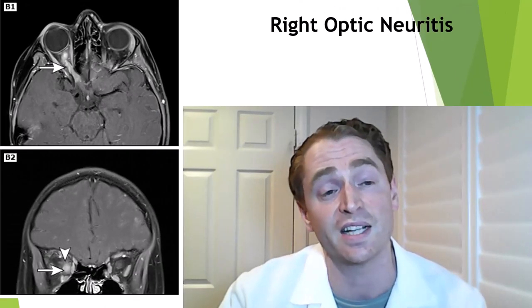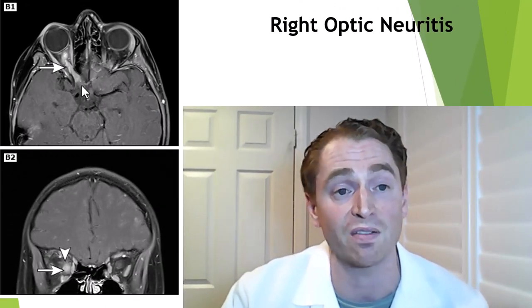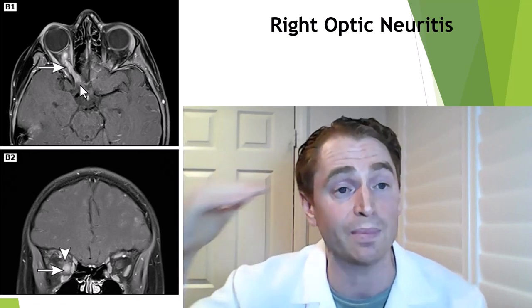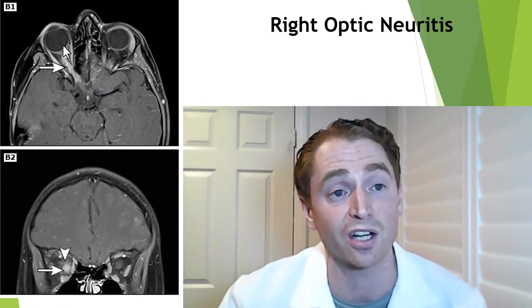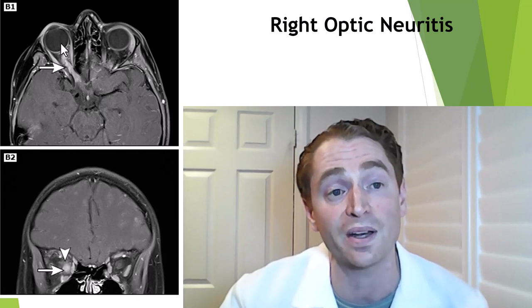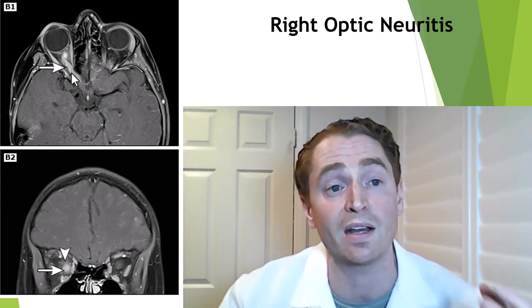The most common clinical manifestation of MOGAD is optic neuritis, or inflammation of the optic nerve, often causing pain and vision loss in one or both eyes. This is an MRI of someone with right optic neuritis. You're looking at axial images like this in the top image. This is the globe of the eye, and this is the optic nerve, which takes up the gadolinium contrast dye